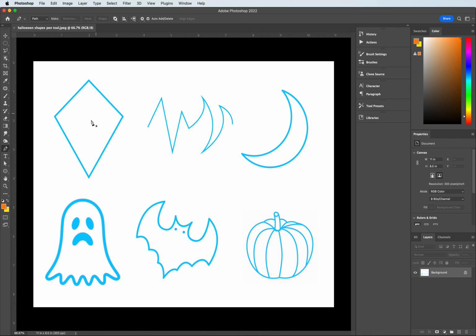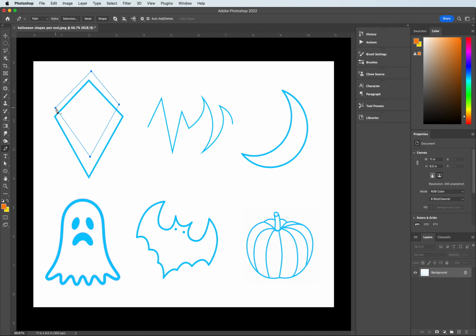With the pen tool selected, I'm going to take a look at my top navigation. We are working on a Mac, but if in a PC, it is the same layout overall. I want to look to actually select out shape. With shape, it will change the settings so I can change my fill, my stroke, and change out overall selections. If I'm selected on path and I start to draw out a shape,